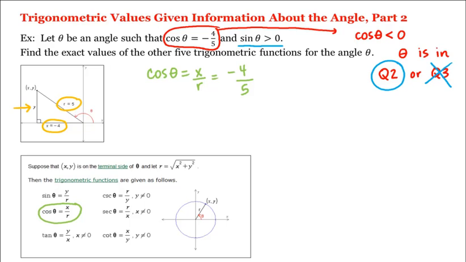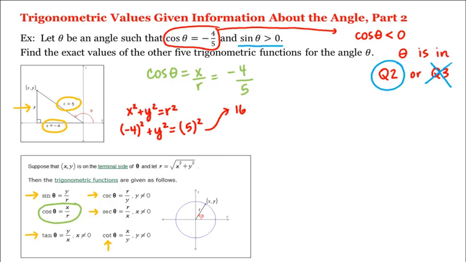Now we'll need to find y here before we start computing these values down here: sine of theta, tangent of theta, cosecant of theta, secant of theta, and cotangent of theta. Although really the secant of theta doesn't involve y, but the other 4 do. And we can find y by using the Pythagorean theorem. Namely, x squared plus y squared is equal to r squared, or negative 4 squared plus y squared is equal to 5 squared,